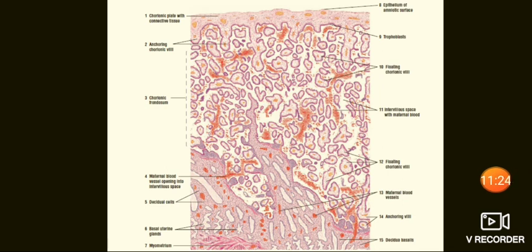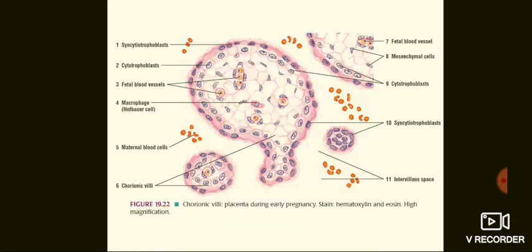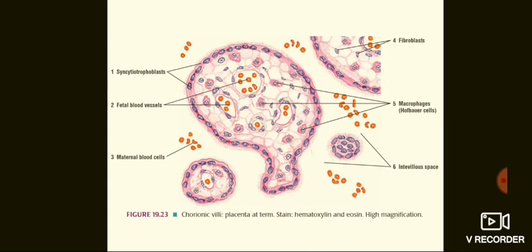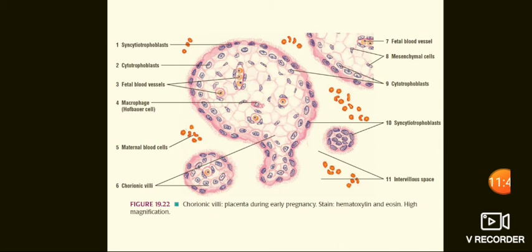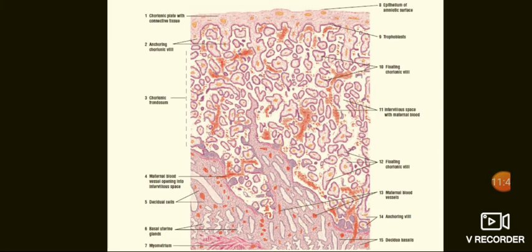Now to summarize the identifying features of the placenta, the cut section of the placenta shows numerous chorionic villi of different sizes and shapes, and these chorionic villi have a lining of outer syncytiotrophoblast and inner cytotrophoblast. The core of the chorionic villus has the embryonic connective tissue with fetal capillaries, and in the intervillous space maternal blood is seen. The maternal and fetal blood do not mix because of the presence of placental barrier.